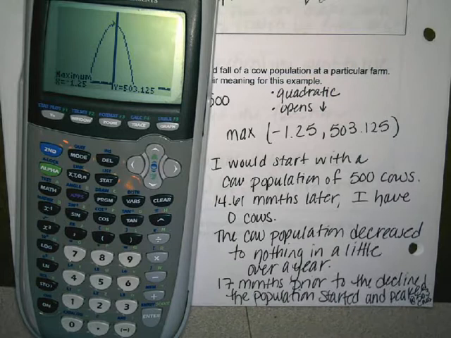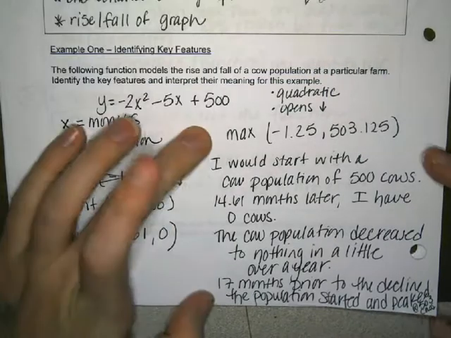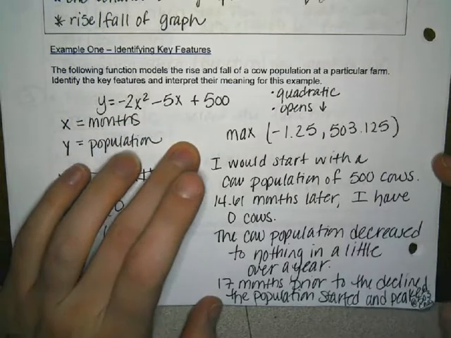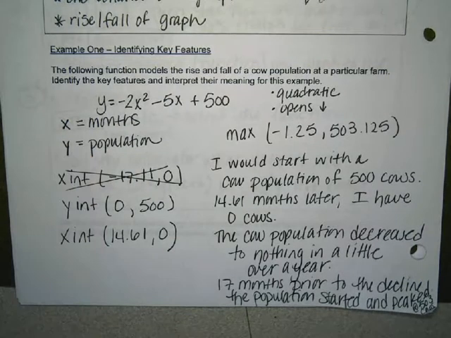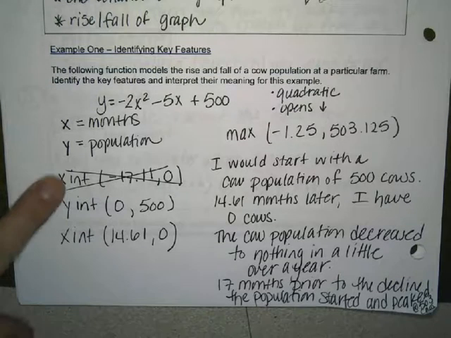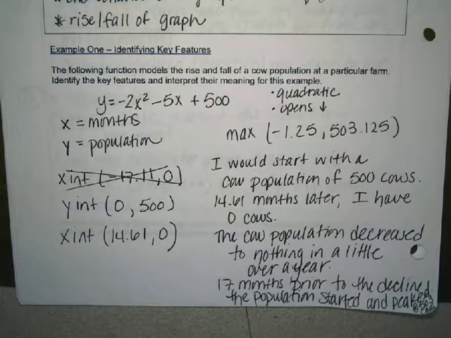Sorry, that's so tiny. Okay, so now that's going to be different. I mean, everybody's going to write a different paragraph, but what I would want to see is that you've identified what your x and your y could mean in context of the very short information that I've given you, that you've identified the x-intercept, the y-intercept, the other x-intercept, and a max if you have a quadratic, and then you've talked about each one of them somehow in your explanation